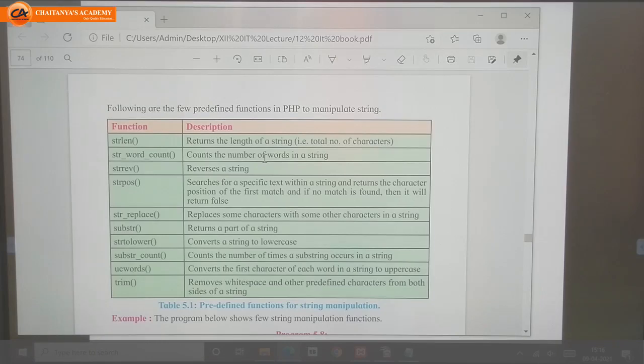To pass any string, what is the syntax? Just declare the name of the variable with a dollar symbol, then equal to whatever string you want to pass. You can give that string as an input.